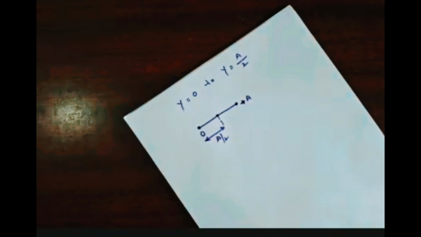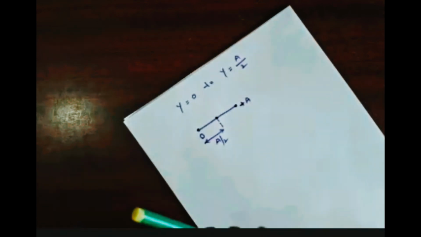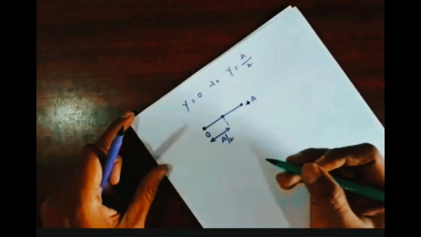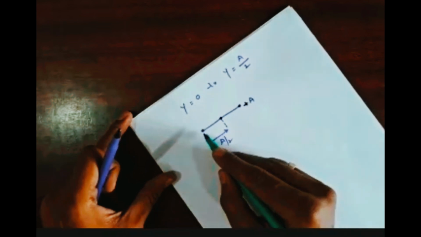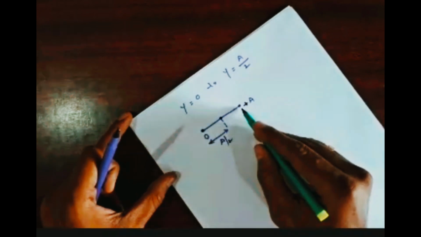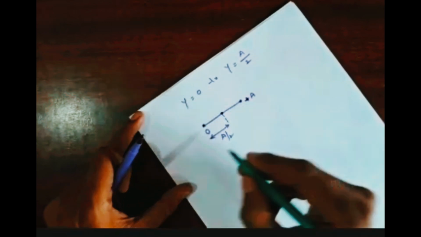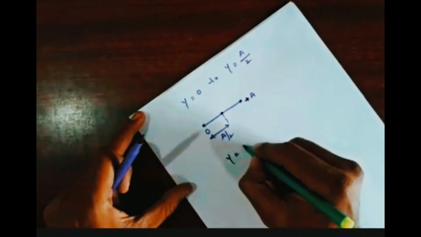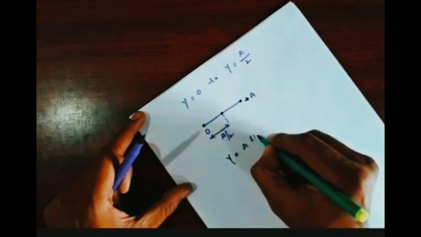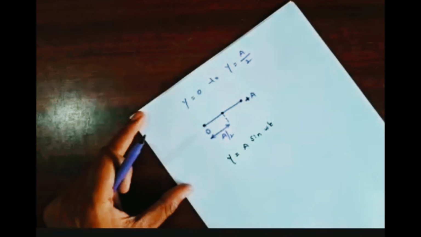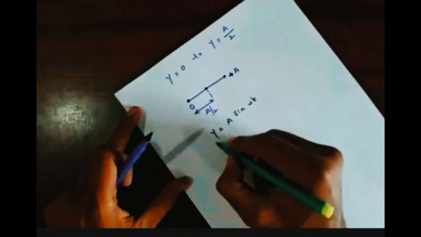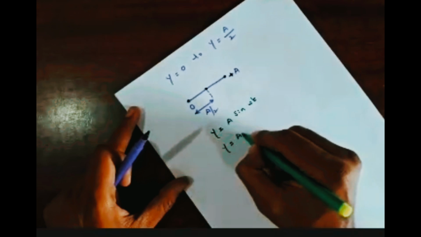That is our question. So for that, as you know, the particle moved from the mean position, travels towards the positive extreme end, and that's why here I am taking y is equal to a sine omega t. Then y is equal to a sine